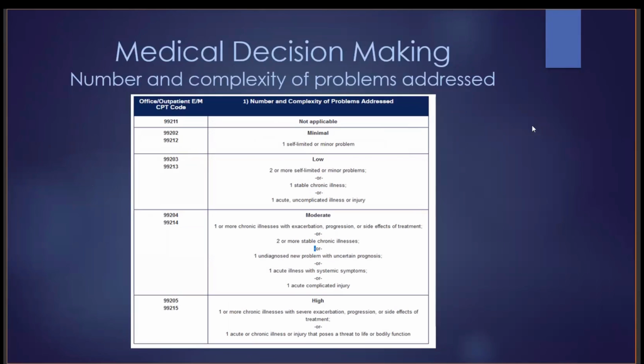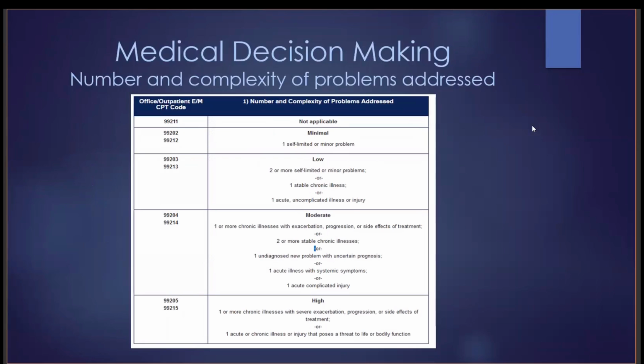on their medication. That would be 1 stable chronic illness. For a level 4, we have 1 or more chronic illnesses that have progression, side effects of treatment, or 2 or more stable chronic illnesses. You have a new undiagnosed problem with uncertain prognosis, or an acute illness with systemic symptoms, or an acute complicated injury. For level 5, especially in, I think, the kind of general pediatrics, if you're hitting a level 5, you're